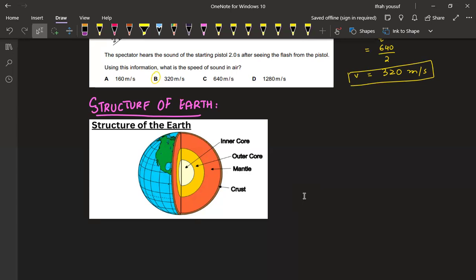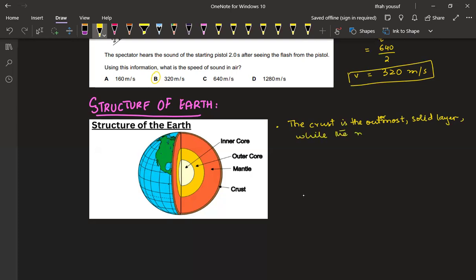So the crust is the outermost solid layer, right? While the mantle is a semi-solid,